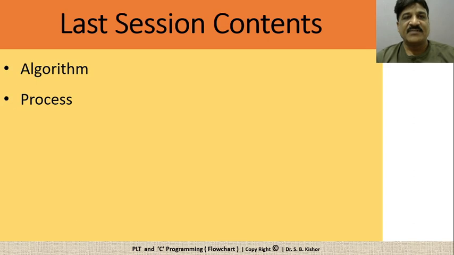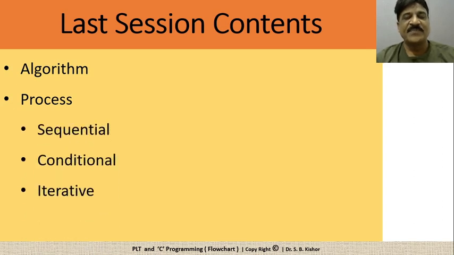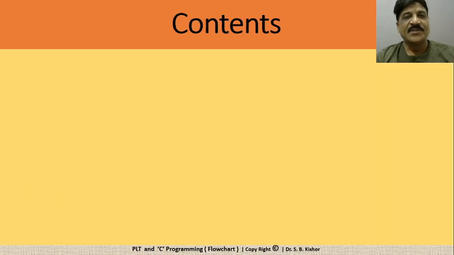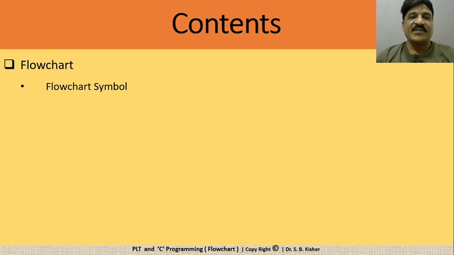Then we discussed different types of process like sequential process, conditional process and iterative process. And we have also discussed the IPO cycle, that is called what? Input, process and output cycle. So in today's session, we are going to discuss a flowchart, then various symbols that are used